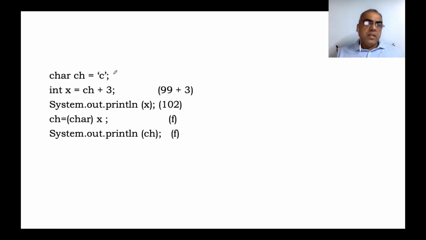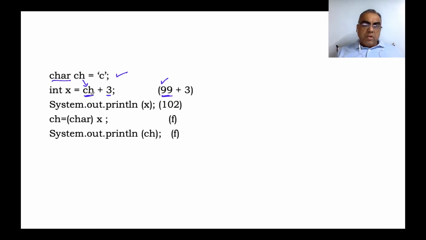So we'll go back here. Assuming I have a character c available to me, char ch, and I have int x is equal to ch plus 3. Now ch is your character type. When a character type is merged with any integer data type, the computer will automatically take the code number of the ch, which is c. The code number of small c is 99. You can refer to my video on casting again, which will help you understand how this code number is generated.